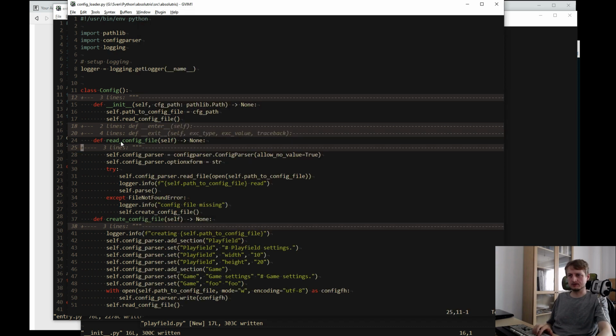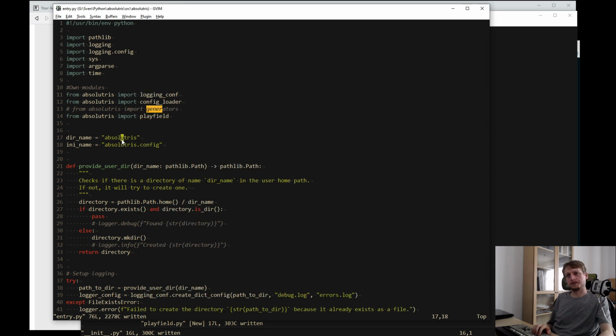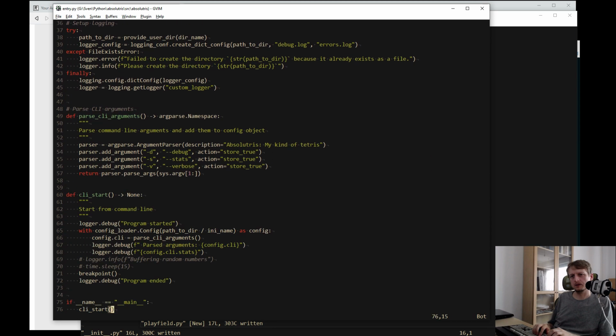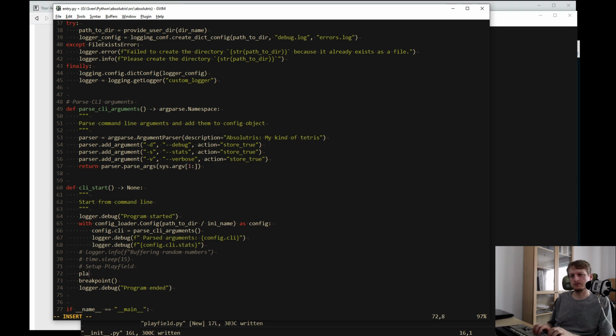I think we can close this now for now. So I have imported the playfield module, and then I would just do something like a set, which would be...